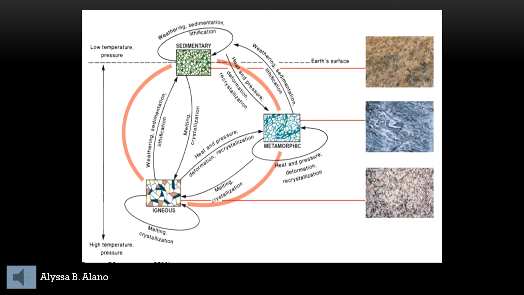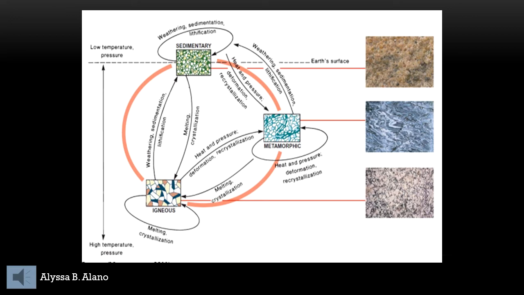The rock cycle. It is the basic concept of geology that describes transition through geologic times among the three main rock types: the igneous rock, sedimentary rock, and the metamorphic rock. It describes the formation, breakdown, and reformation of rocks as a result from the three processes. And as you can see from the illustration, this is how a rock cycle happened: from igneous to sedimentary, sedimentary to metamorphic, and metamorphic to igneous, and vice versa.